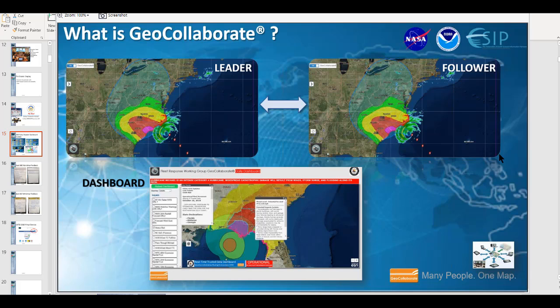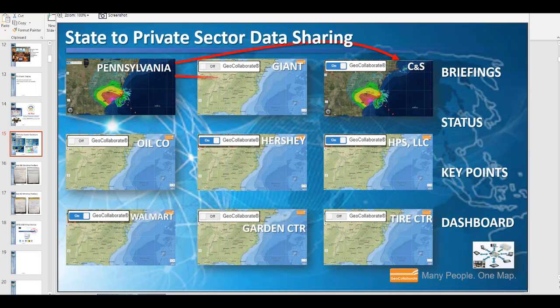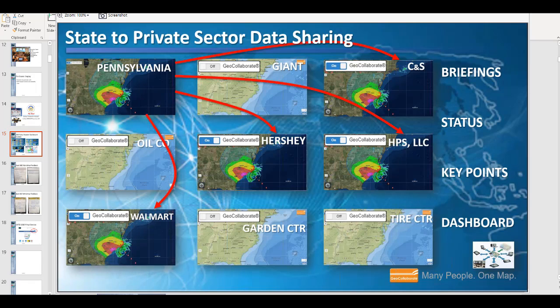So essentially, I just talked about what GeoCollaborate is, where you have a leader and a follower, and then the dashboard. And we have been successfully demonstrating and licensing and working with customers on doing the real-time following with GeoCollaborate and the dashboard. There were a lot of folks there yesterday that had never seen or heard about this, so I wanted to describe how GeoCollaborate works, where when somebody turns GeoCollaborate on, they actually get the